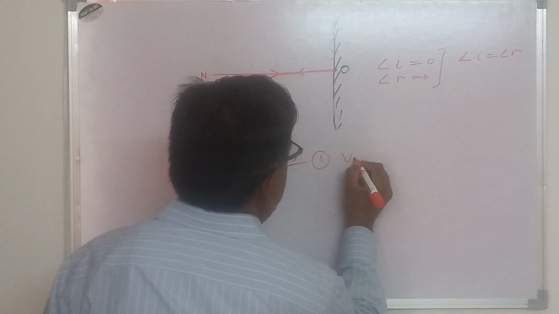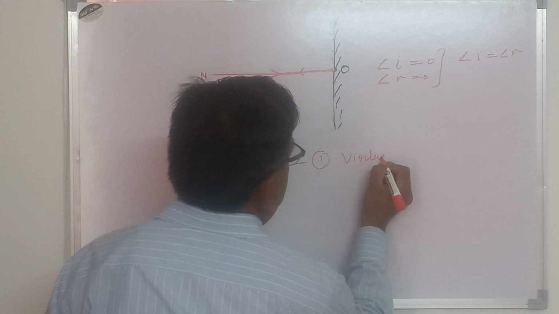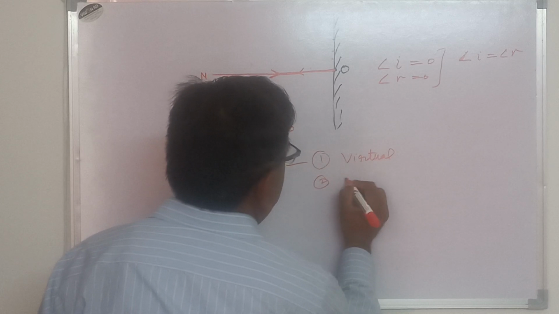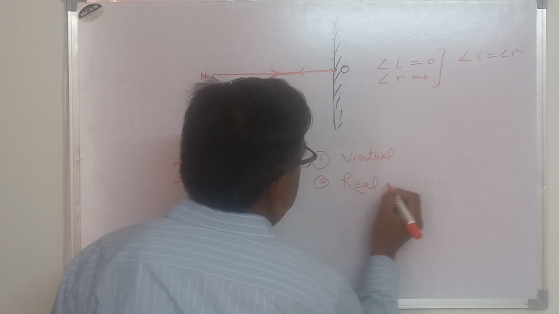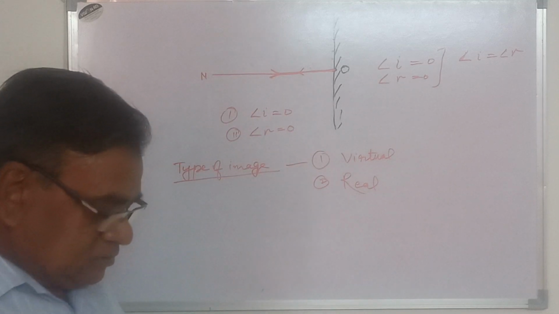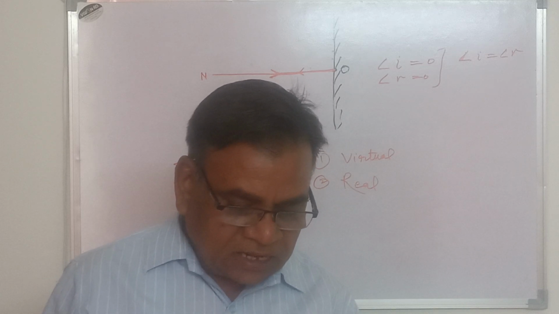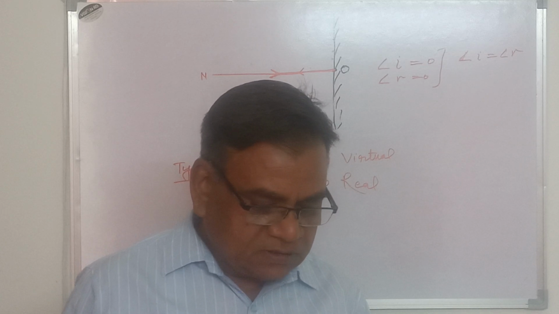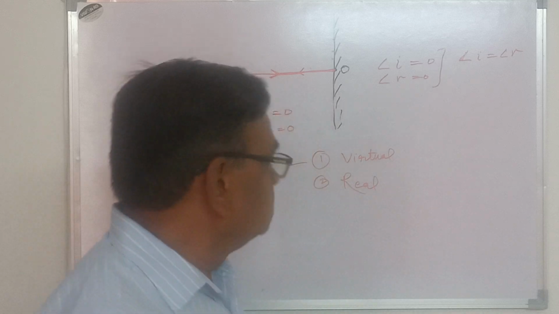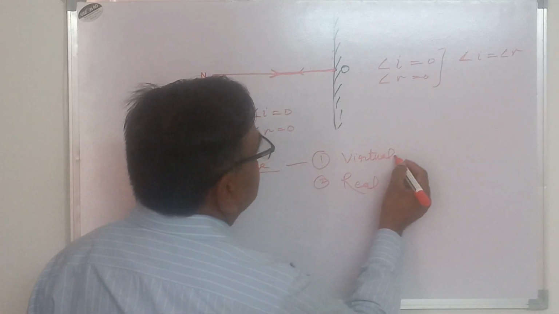Number 1 virtual and number 2 real. Question is that what type of image is formed in a plane mirror? In a plane mirror, you know,